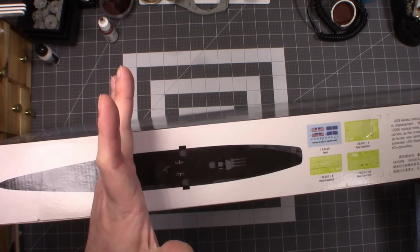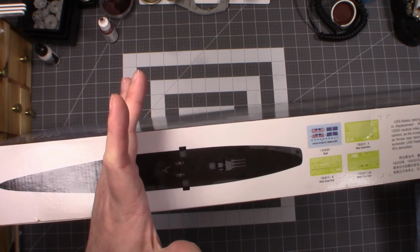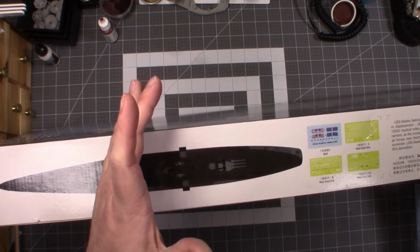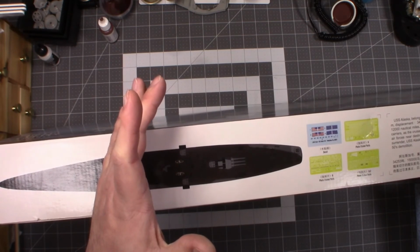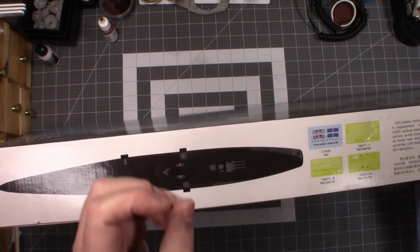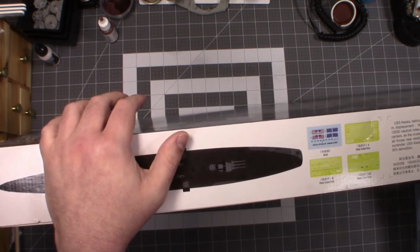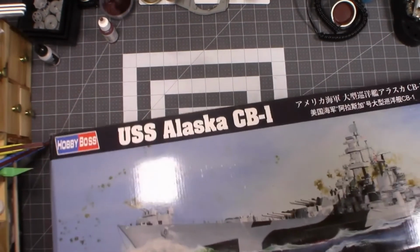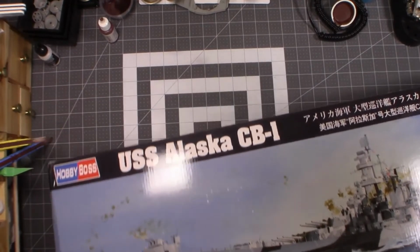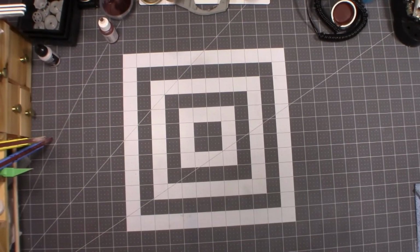After the completion of the Alaska battle cruiser, it mainly served along with Mitchell's fleet aircraft carriers as the cruiser squadron flagship, and provided protection for aircraft carriers. So it basically kept up with escort carriers and things like that. But it's a battle cruiser. It's got some cool guns and all that stuff. It's more of an upgraded kit. I know Hobby Boss and Trumpeter are basically the same, but this is more of an upgraded kit for it,